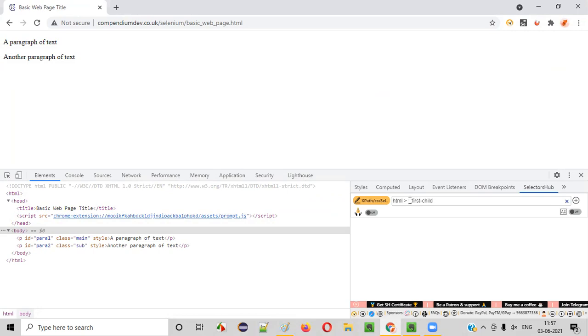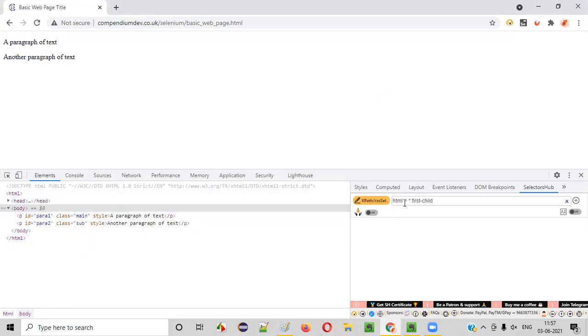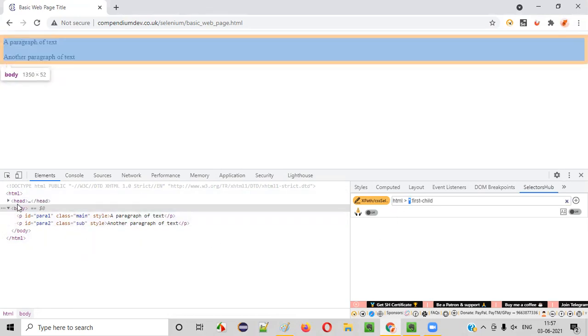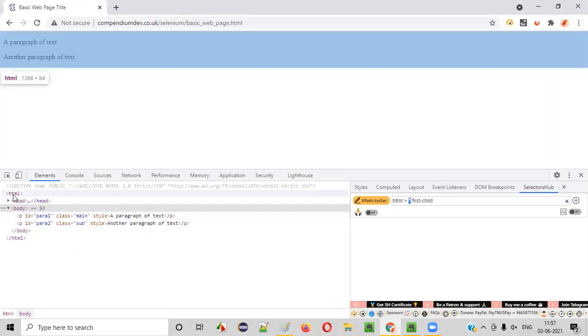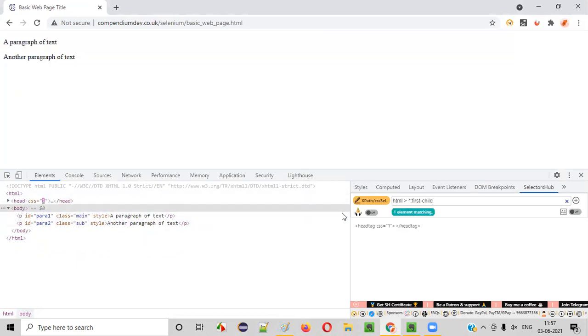Here star means any tag. In relative CSS selectors, for using the first child and so on, you have to provide star here: star colon first-child. It can be any tag, guys, head tag or any tag name which is the first child of the HTML. Press enter. You see, head tag got located.